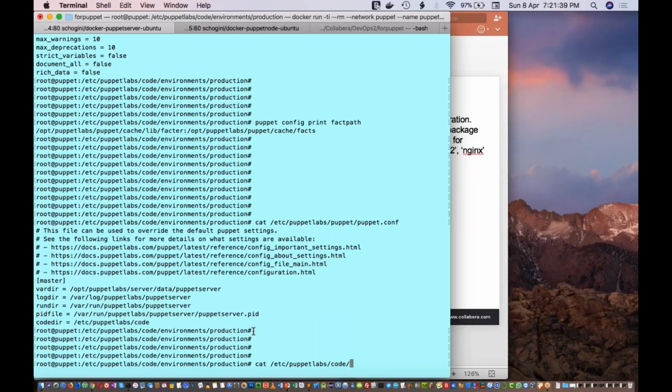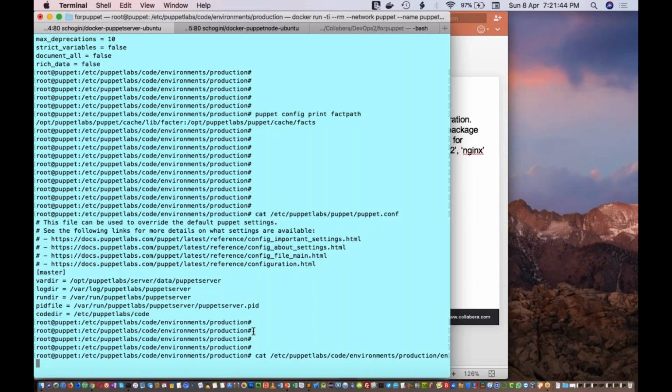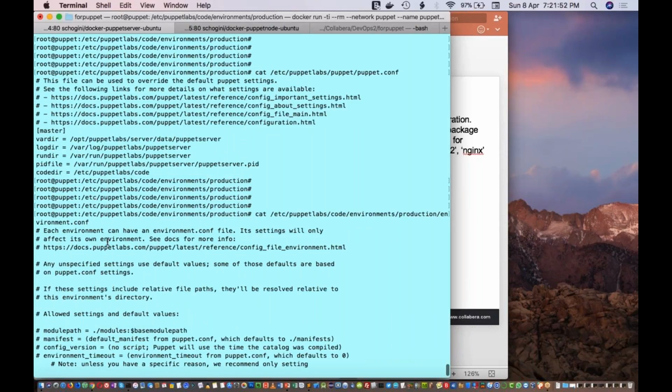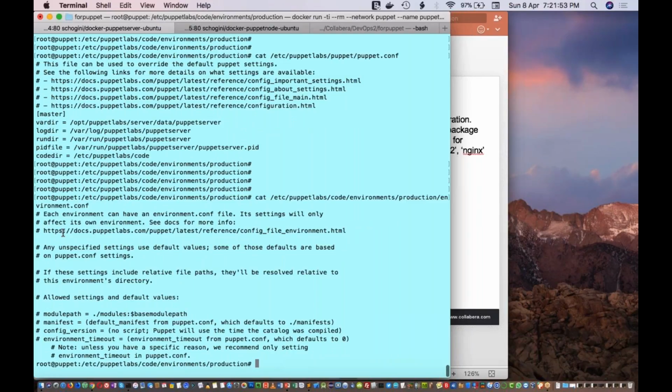Now, one more thing I want to show you is, inside this Puppet Lab, I have told you there is this code folder. Inside code, environments is there, then the production environment, and there is something called environment.conf. This configuration file can also have these things. If you specify or override, you will be able to override the values for these variables inside this environment.conf file.